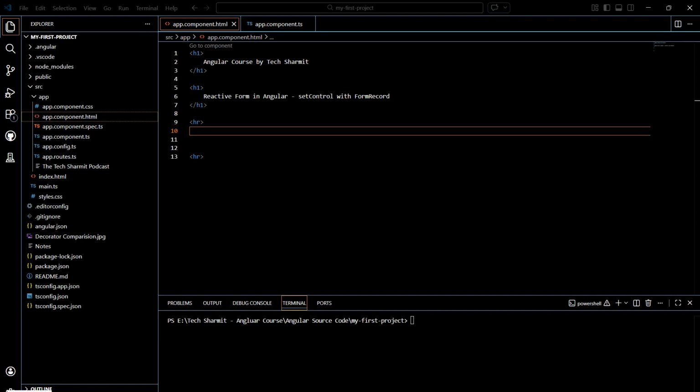In this session, we are going to talk about another very important topic related to reactive form in Angular, where we will see how to use setControl with FormRecord. By the end of this session, you will be able to understand why we need setControl, what the benefits of using setControl are, and all the syntax and structure that we are supposed to follow in order to